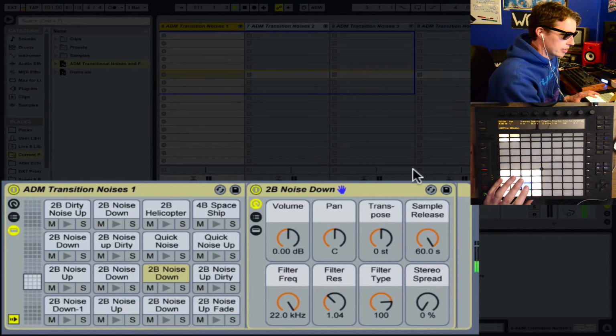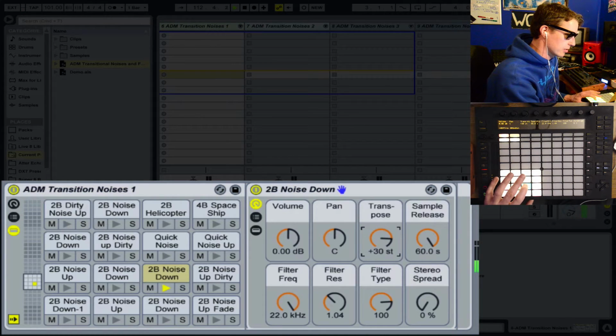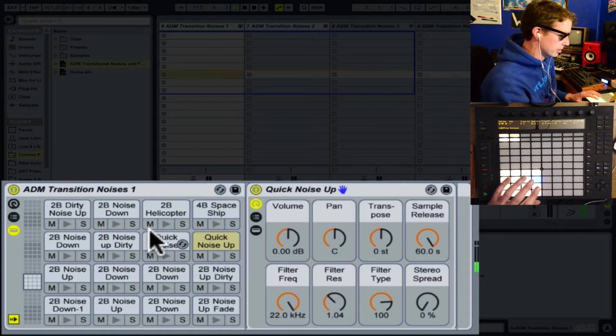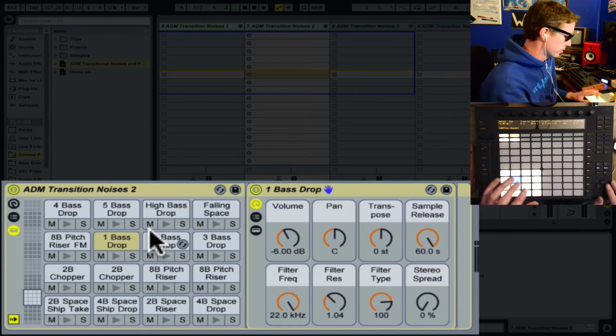And what you can see here is you also have control over how those sound too. You can transpose these as you play them. Play around with the release times and the filters. There's a lot of control over each of these sounds, and there are 6 drum racks that have these kind of cool